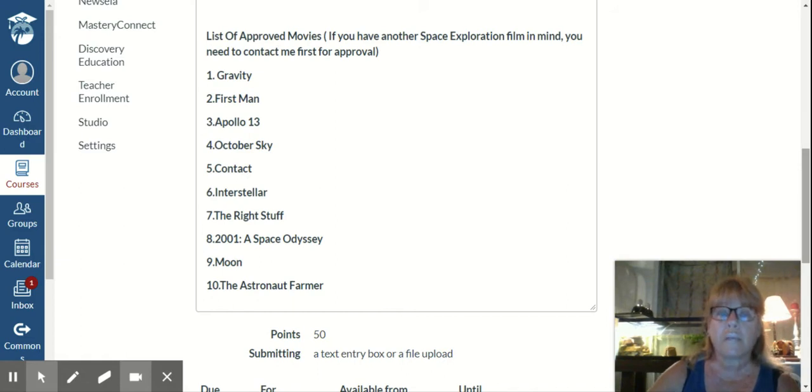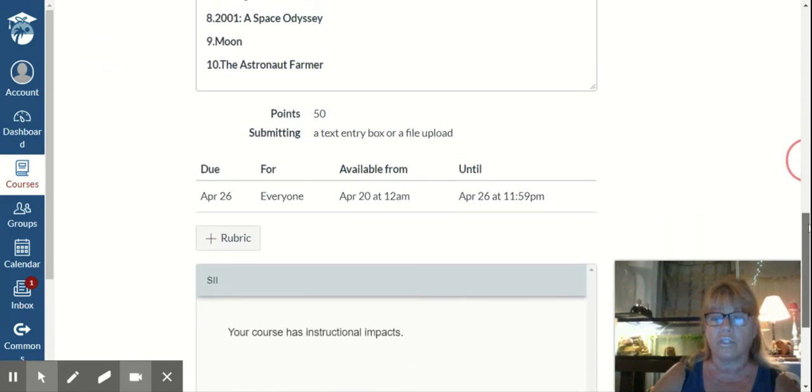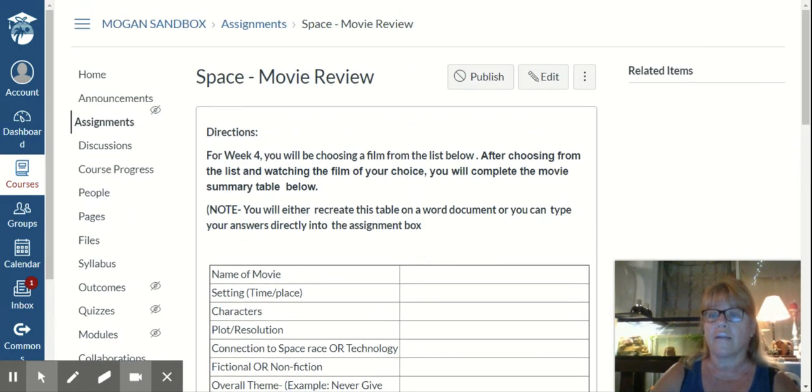So here's your list of films, list of approved movies that I came up with. If you have any other space exploration film in mind, you're going to need to contact me first. I'll have to preview it and see if it's okay. But these are all the films that I came up with for choices for you. So just look around, go to Netflix or whatever other programs you've got in your home that you can access one of these films. This assignment is worth 50 points, so you want to make sure you're doing it. Okay, so first thing is the rocket simulation. Second thing is a space movie review. And the last assignment